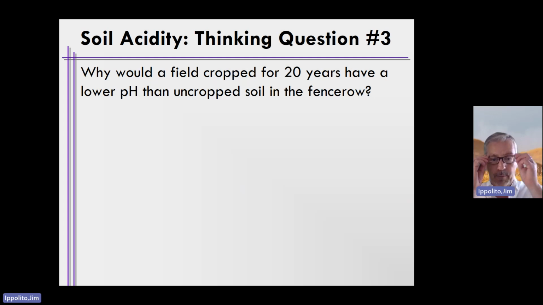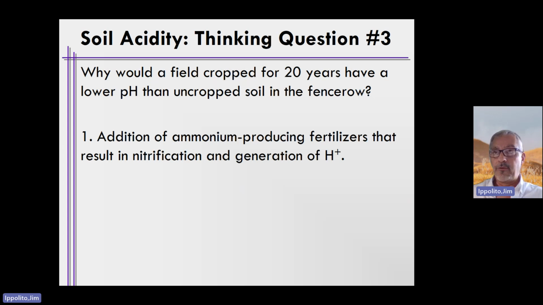Right. So the fence row means you have a field that's surrounded by a fence. Farmers oftentimes don't plant crops right up against the fence line. That soil is most likely similar to the soil in the field that's been under crops for 20 years. So why is there a difference in pH? Well, it could be a number of different reasons. One reason could be the addition of ammonium-producing fertilizers that result in nitrification and the generation of free hydrogen